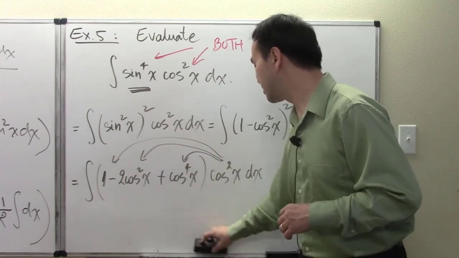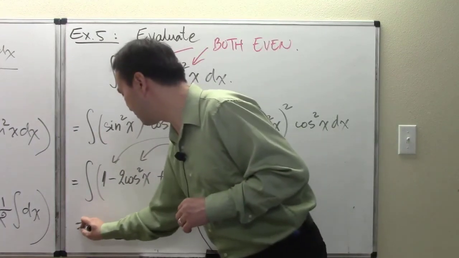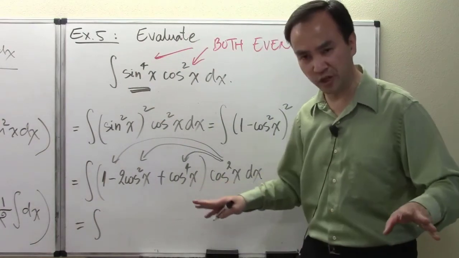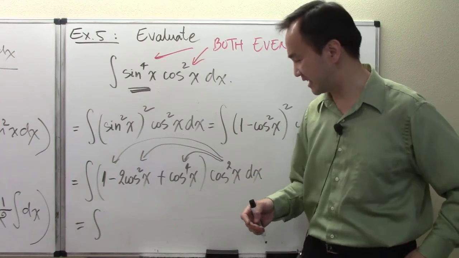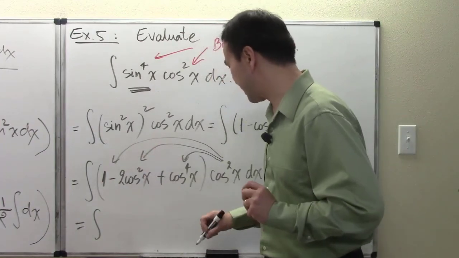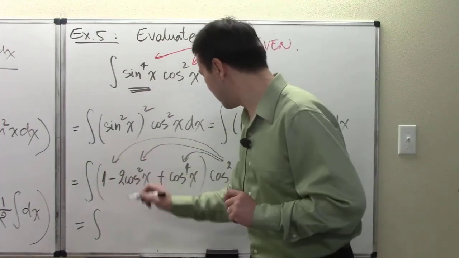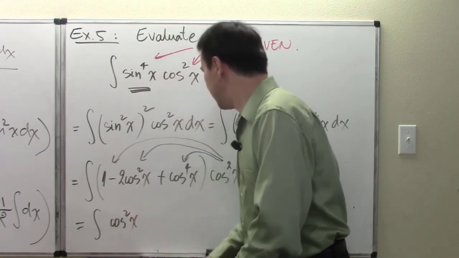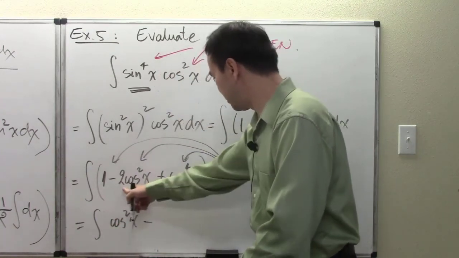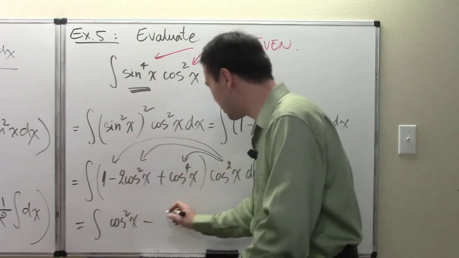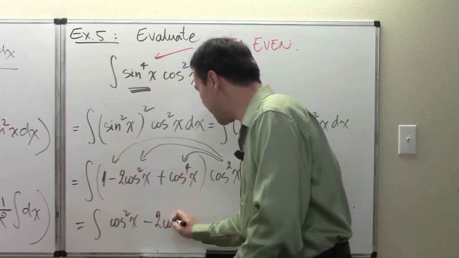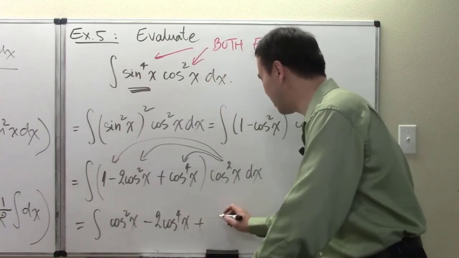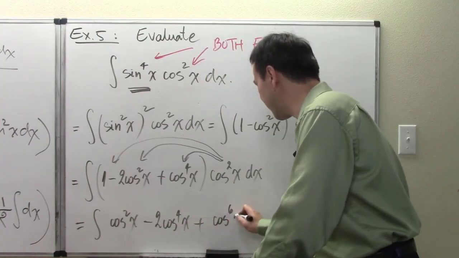Okay, and so doing that, my next step brings me into a final integral setup before we start applying the reduction formulas and all that. The final integral is as follows. The cosine squared multiplied with 1 runs into a cosine squared of x, minus 2 cosine squared times the cosine squared is a 2 cosine to the fourth of x, plus, okay, and now I'm looking at cosine to the sixth of x